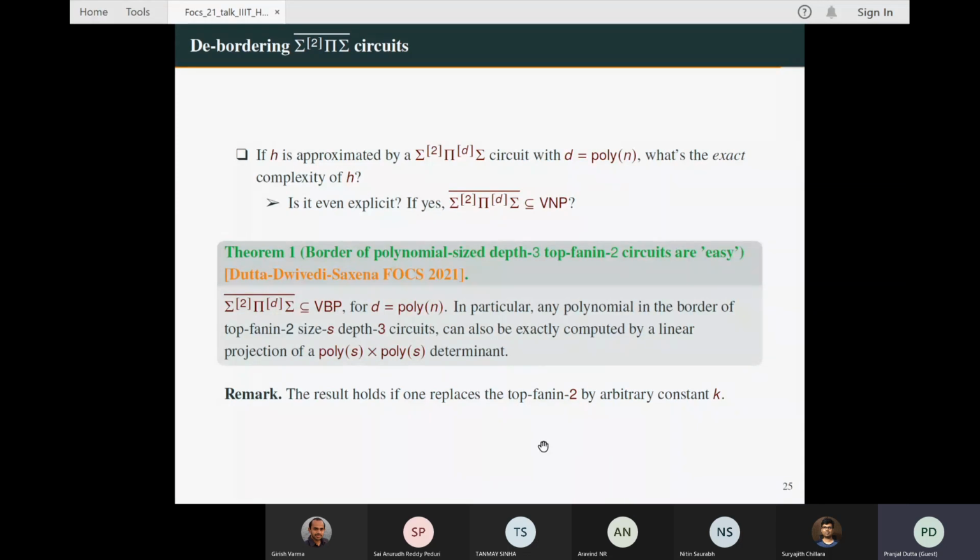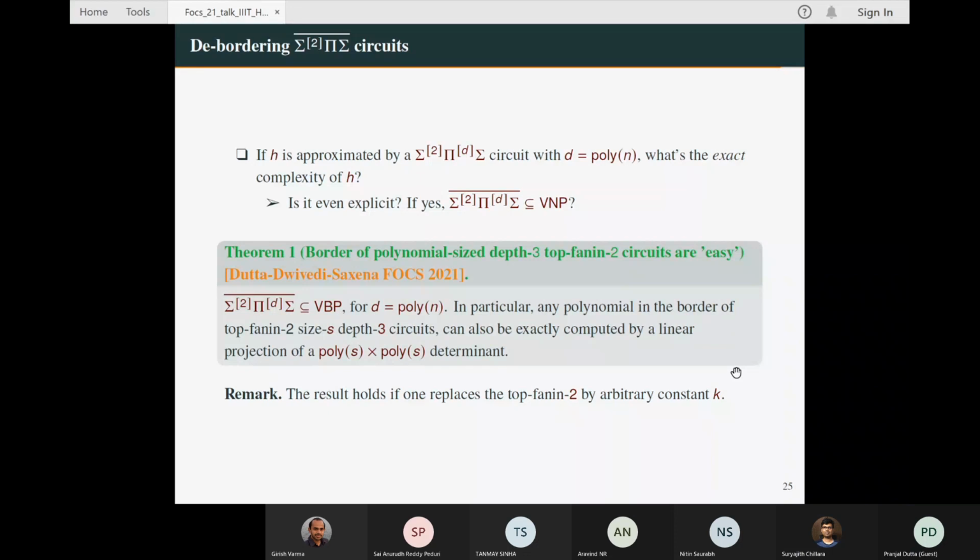I'll just conclude that. But any questions? So again, just to reiterate, Minal showed that if you do not restrict your D, it can be arbitrarily large, exponentially large, and so on, then any polynomial can be written inside this. But we want to understand when D is polynomially bounded. That means polynomial size circuits. What are the polynomials that are approximated by polynomial size depth 3 fanin 2 circuits? And we claim that this is easy. It is not just explicit, this is very easy. It has a small determinant. Okay. So can I extend this to say if k is